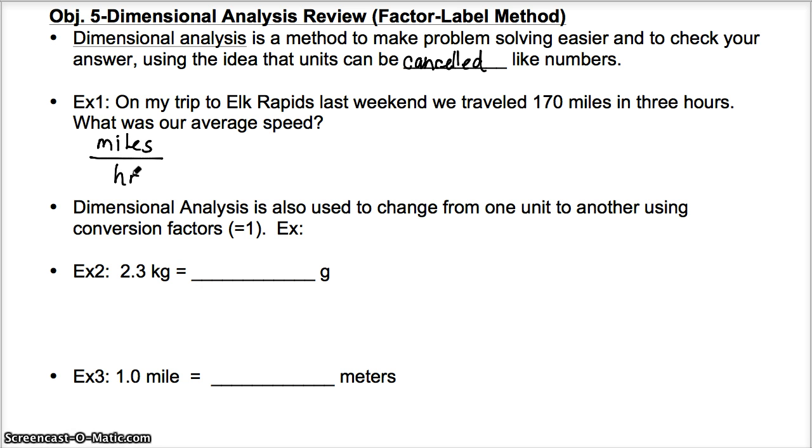So we know we have to get miles over hour. If you look at your numbers, we have 170 miles and we have 3 hours. So if we know we need miles over hours, you take the 170 miles and put that on top and divide by the hours, 3 hours. So let's go ahead and do that. So we have 170 miles in 3 hours. And you take the top and divide it by the bottom. And when you do that, you get